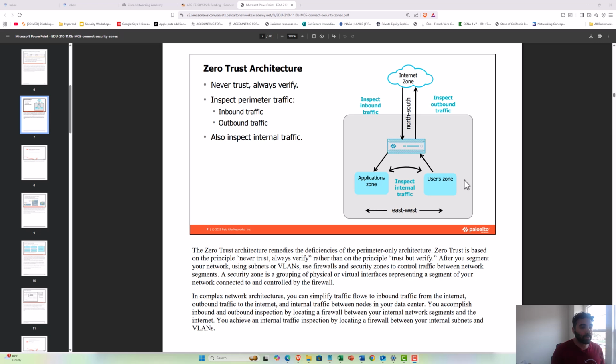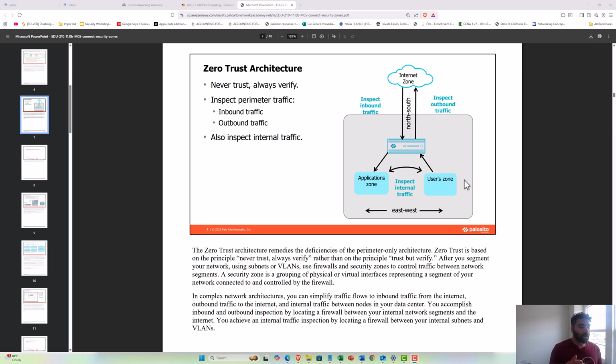East-west traffic is between different security zones, and you'll hear east-west traffic come up quite a bit because it's still something that is a little difficult and hard to track. There are more companies and vendors creating specific dedicated tools for east-west traffic, to monitor traffic between different networks and security zones within your environment. Palo Alto does some good east-west traffic monitoring,